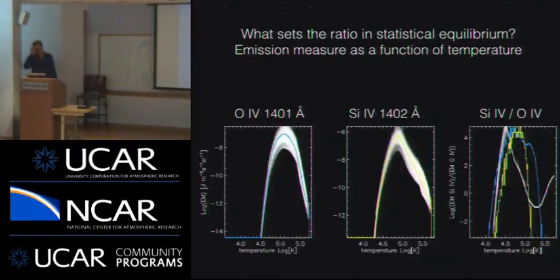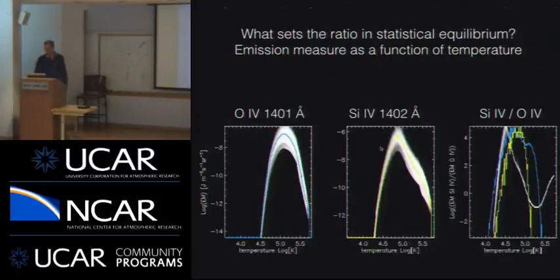Why do we get these things? Well, first, let's focus on the statistical equilibrium. This is the emission measure as a function of temperature for oxygen and silicon. When we take the ratio between both as a function of temperature, we can see that there's a really nice correlation, and it changes with temperature